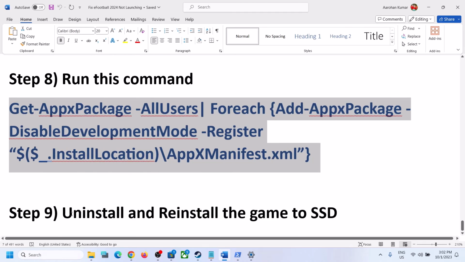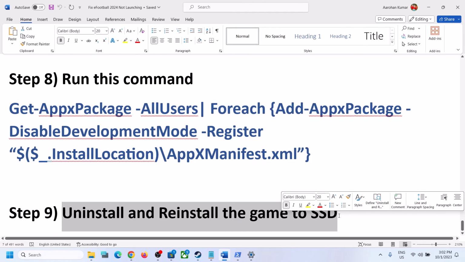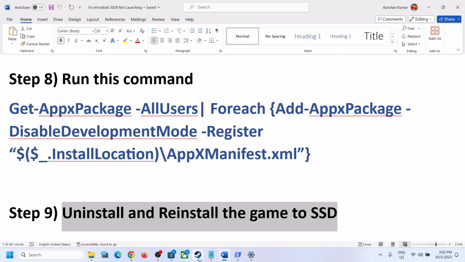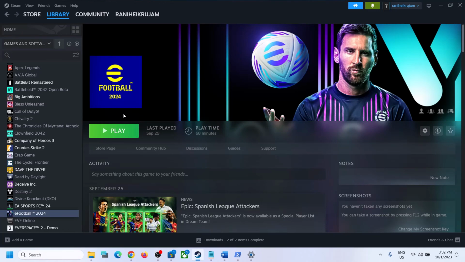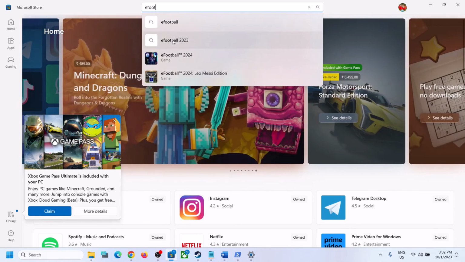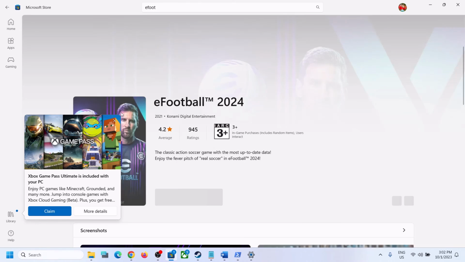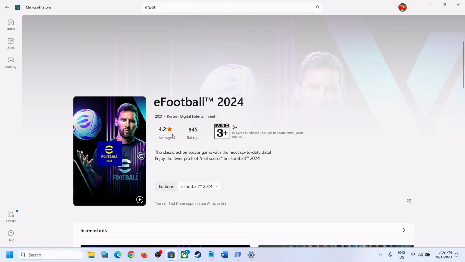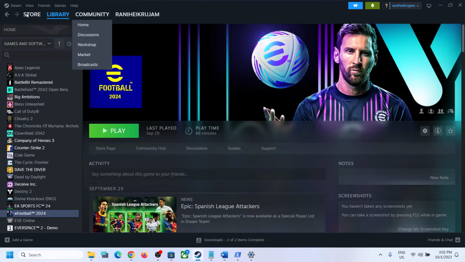Next step is to uninstall and reinstall the game to SSD. You can try to install the game to a different drive. Now again I told you, if you have installed the game from Steam and facing the problem, then you can go to Microsoft Store and search for eFootball and then you can install the game from the store and then launch the game. Now if you have installed the game from Microsoft Store, in that case you can go to Steam